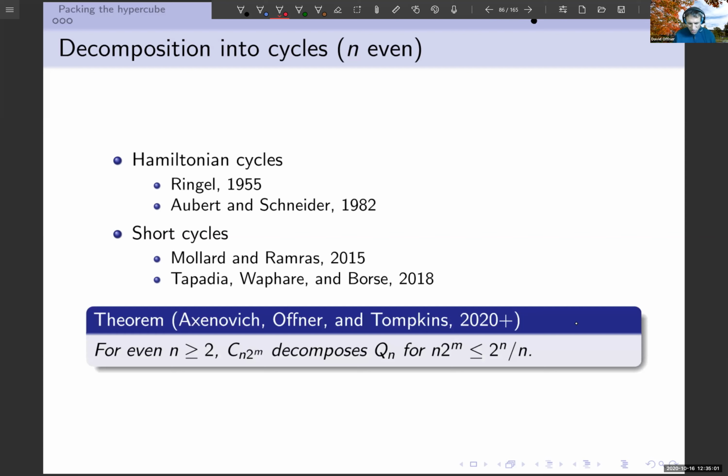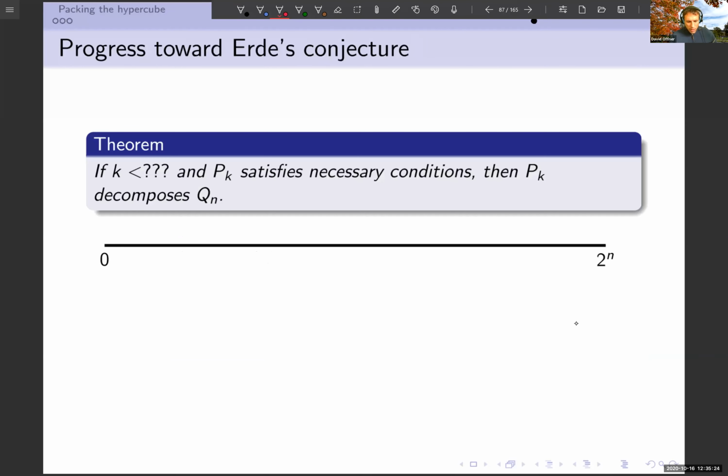Okay, so this theorem is, I don't even like the way I said it, but the point is that for any sort of factor of n, we can get a cycle decomposition of Qn on the order of length 2 to the n over n. Okay, so let me show you how this is an improvement over prior knowledge. Let's think about this in terms of progress towards Airy's conjecture. So I take a cycle, I chop it into 2 or more paths,